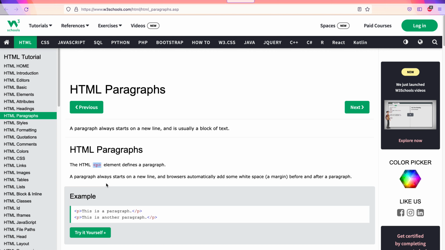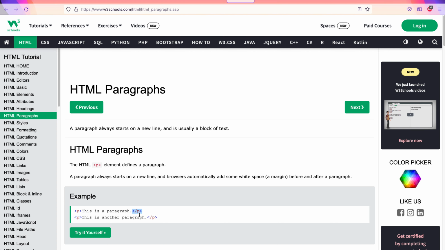And the P tag is a paired tag, which means that there is a P tag to start with, and after the paragraph there is an ending P tag. Now, HTML clients will know when they see a P tag that a new paragraph is starting. So they typically always start a new paragraph on a new line, and they put a bit of a margin between the preceding text and the new paragraph. This is something that the standard will allow us to get from the client.